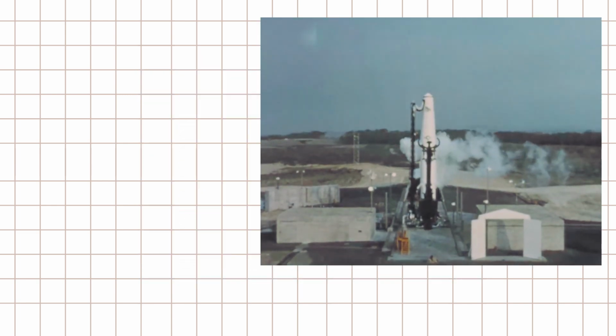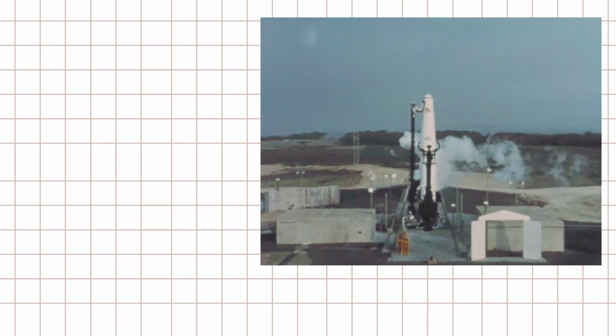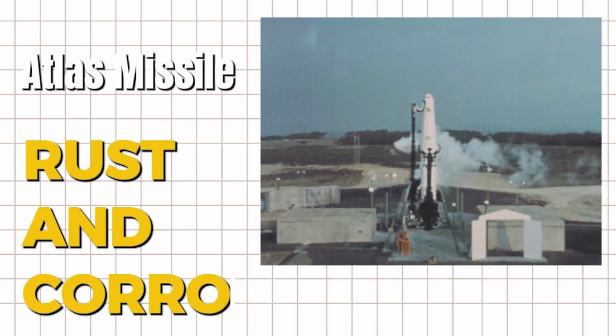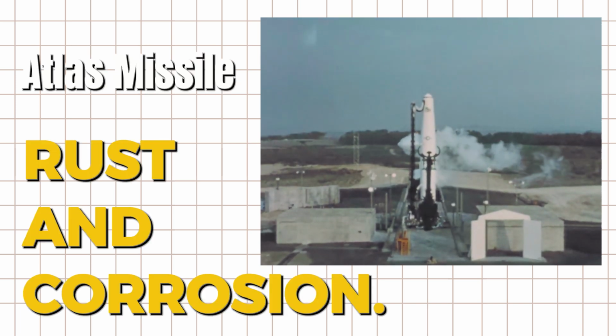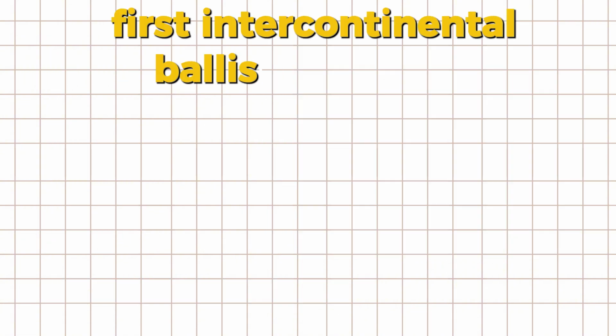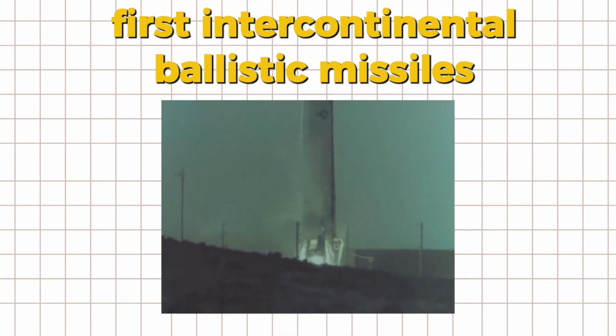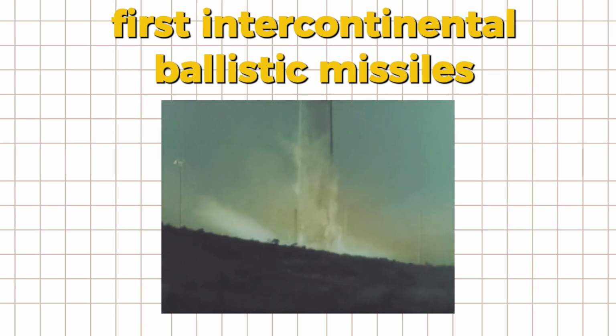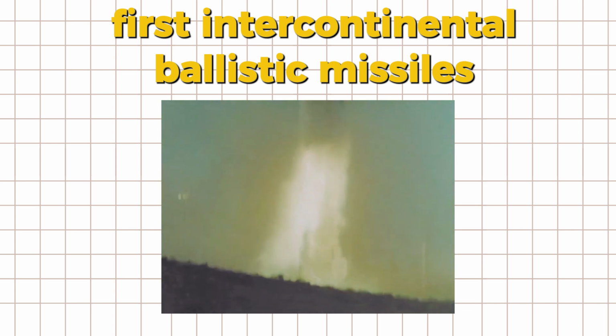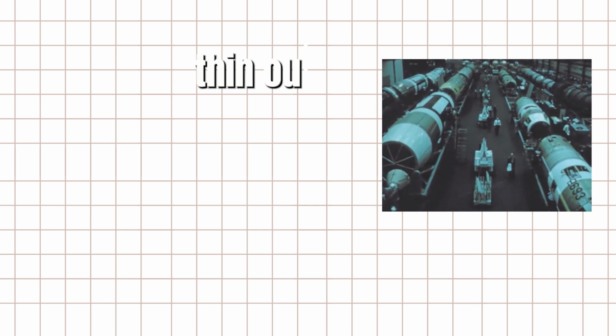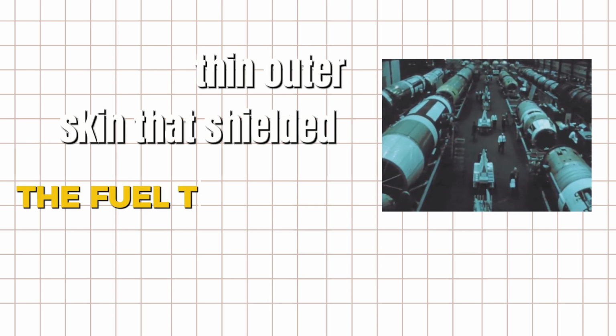WD-40 was first used to protect the outer skin of the Atlas missile from rust and corrosion. The Atlas rockets were the first intercontinental ballistic missiles, ICBMs, developed by the United States. Designed in the 1940s and 1950s, the Atlas missiles featured a thin outer skin that shielded the fuel tanks and